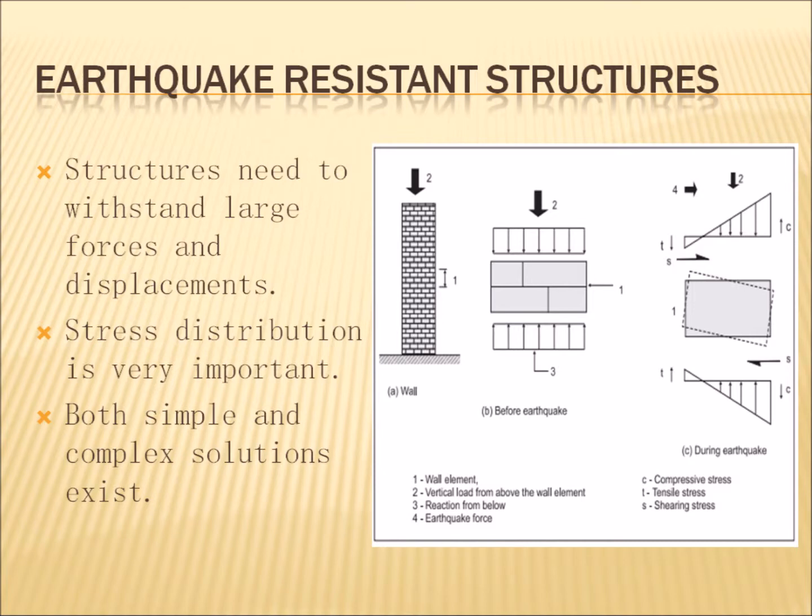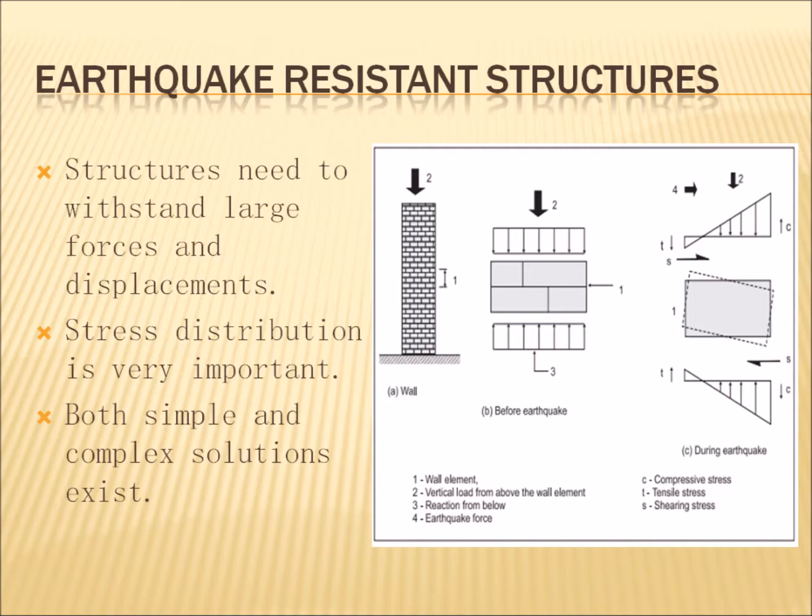With any structure, you start with a uniform distribution. But as the building moves, these loads aren't going to be uniformly distributed anymore. They're going to move unpredictably, as you can see in the figure. So instead of being in a perfectly equilibrated state, you're going from a uniform load to now you have tension, compression, and switching back and forth as the building moves, which is a very hard thing to design for. So we have to create buildings that